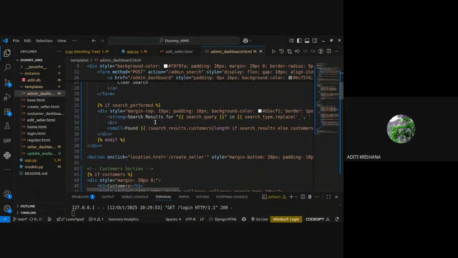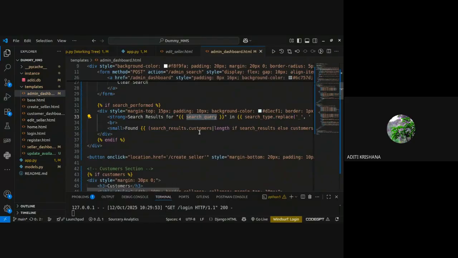It will be searching the results based on the search query. Sorry, whatever the user has typed as the search query and selected as the search type, the search will be done, and it will be showing the search results for the customers or the seller in a list format.